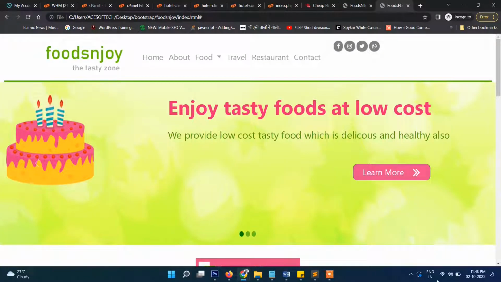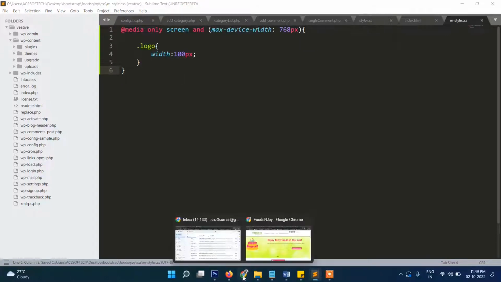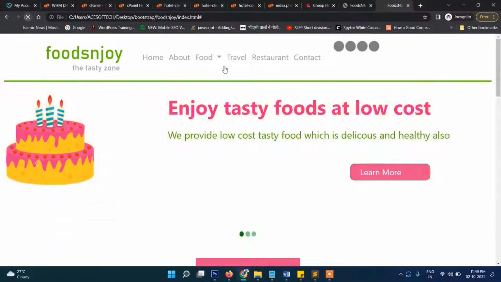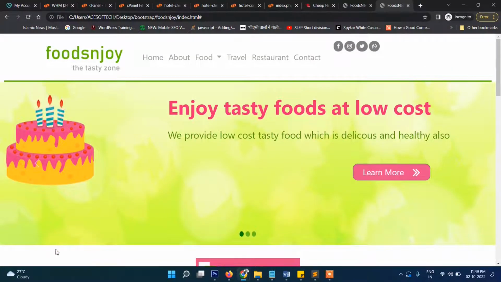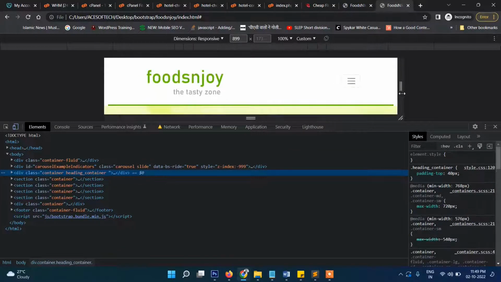So we will change the code here a bit. Earlier it was min device, so now we will write here max device. That means the maximum will be this, and if less than this, then this class will detect there. So if you refresh here and once again check into the mobile device,